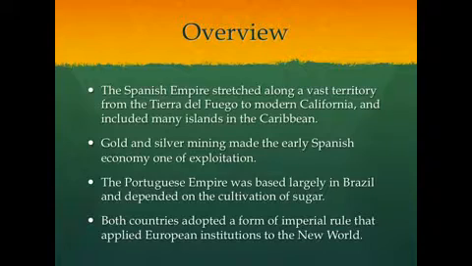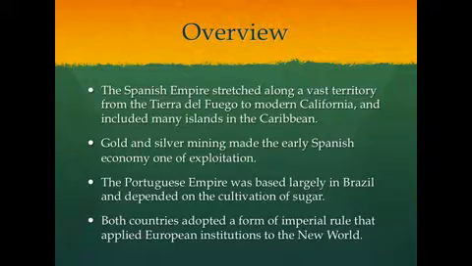Much of the Spanish Empire rested on an economy of exploitation, that of gold and silver mining. And it was only when the gold reserves of central Mexico and the silver mines of Potosi in South America were exhausted that the Spanish imperial economy had to shift to ranching in some areas as well as cultivation of sugar in others. One should say, of course, that there were many stretches of the Spanish Empire that were severely